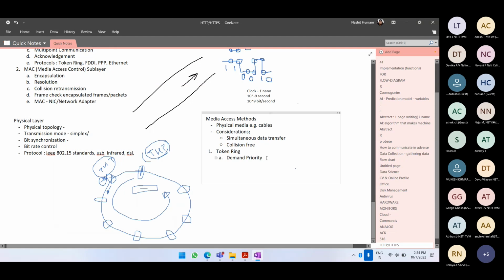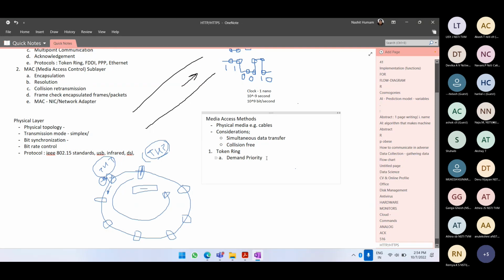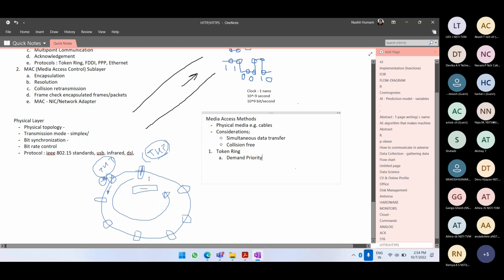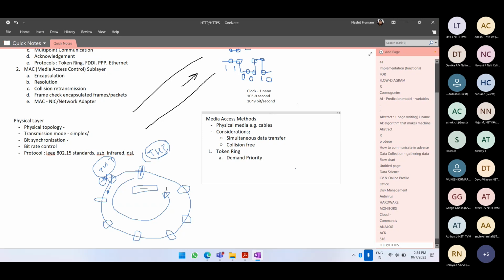So we can implement a demand priority. Now what happens is this token is moving around the network. Now we talked about a very small network, so it barely takes a few milliseconds or microseconds or even nanoseconds to run through the ring. Now, in case it is bigger, and the token takes more than a microsecond to transfer throughout the network,